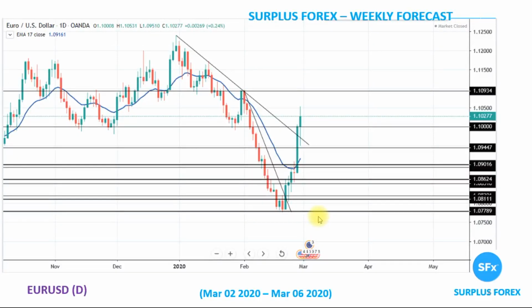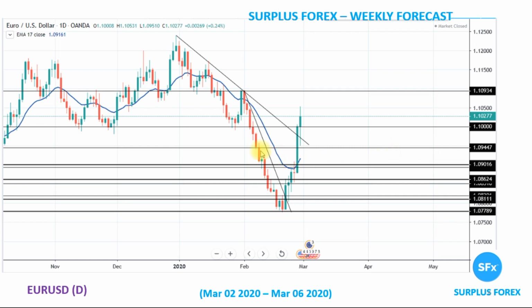Next one is EURUSD on a daily time frame. Let's see, it's pretty bullish on a daily time frame. Last week it gained a lot, currently sitting at 1.1027. It did gain to our first target. We started with 1.0862 and it met our target 1.09, and then it did cross our second expected target of